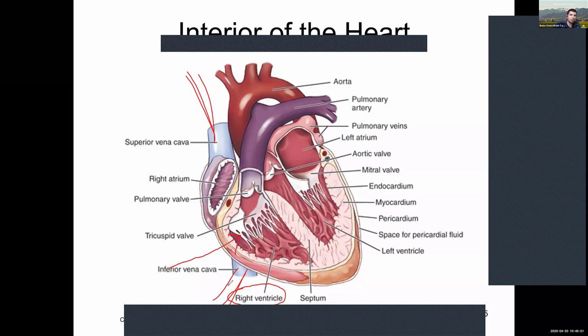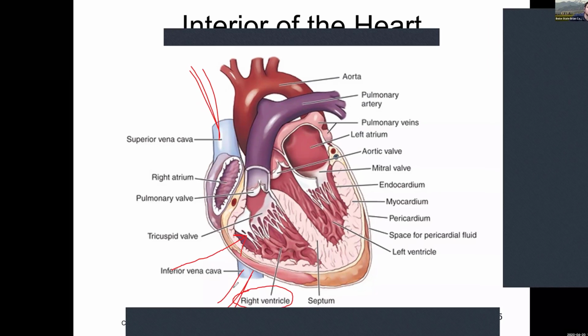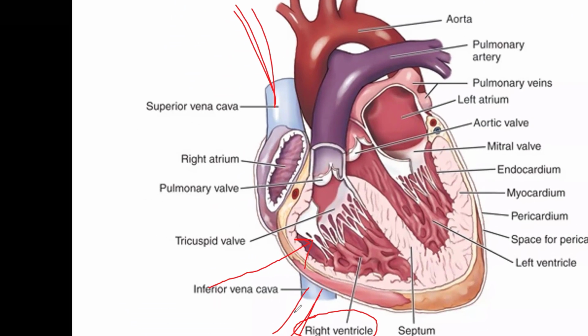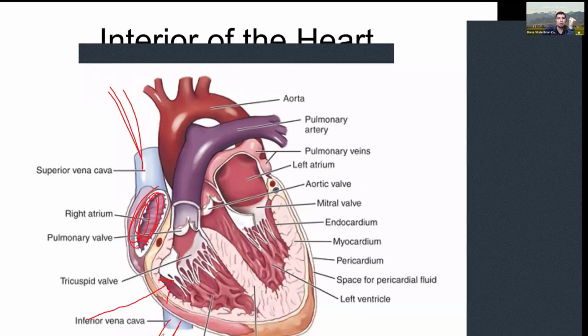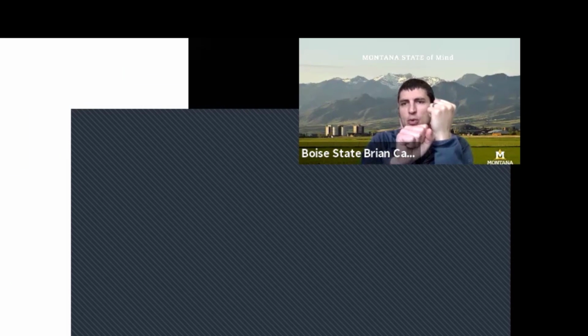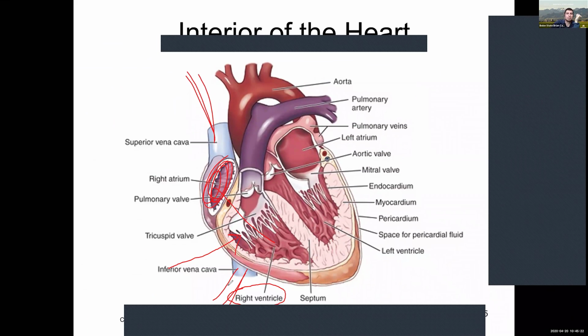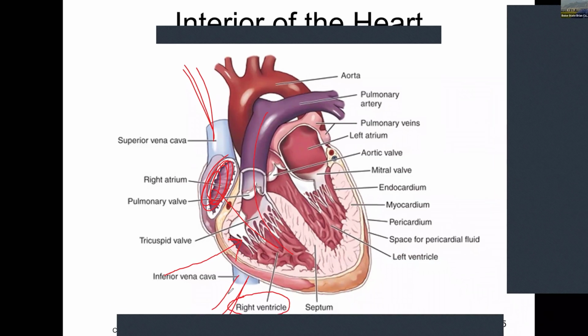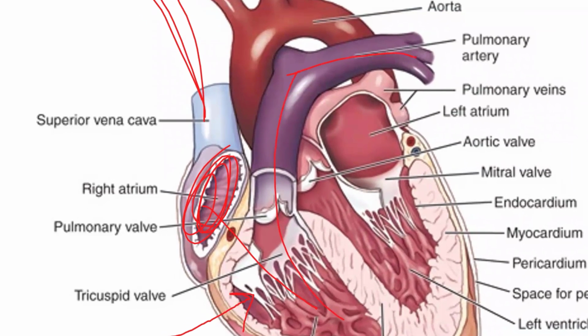That then flows into the right atrium. The right atrium will pump, and when it pumps, it squirts blood into the right ventricle. Then the right ventricle very quickly after it pumps. So it's got tutum, tutum, tutum of the atrium pumping blood into the ventricle. That ventricle pumps blood up into your pulmonary arteries, which splits then and goes into your right and left